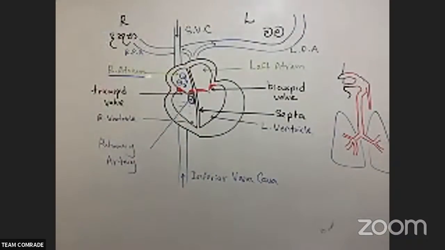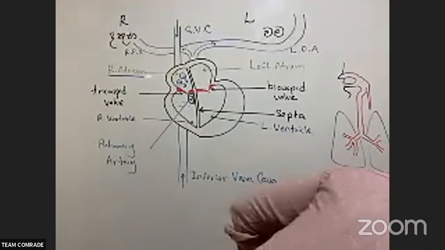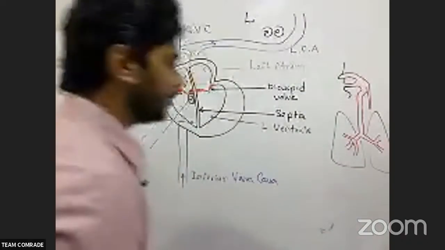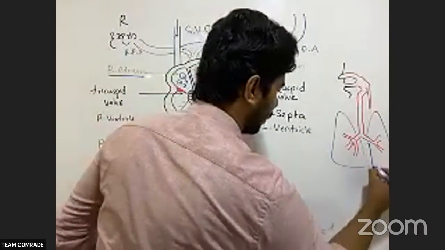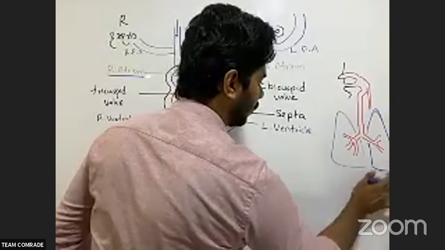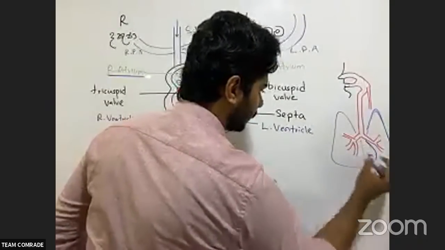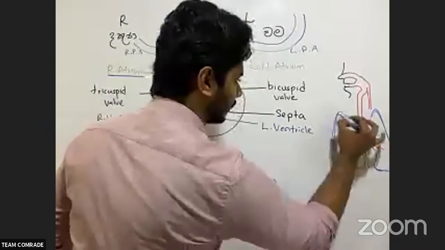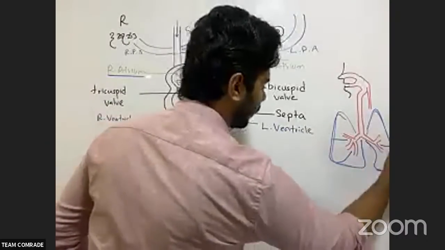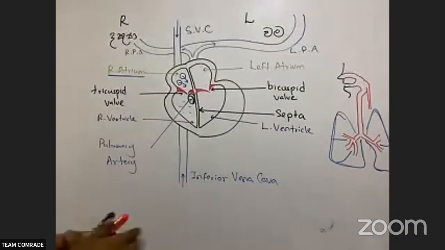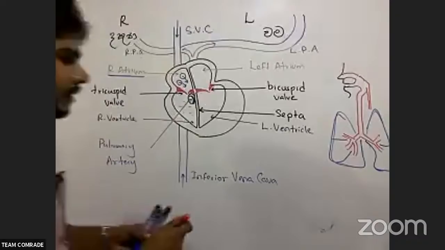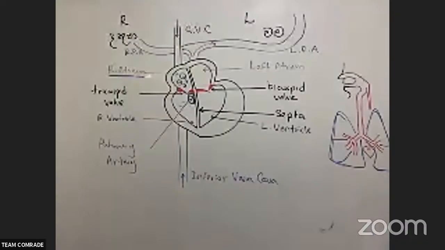Right, these are the lungs. That is the lung I have, and you see here, the left lung is a little bit smaller, like this, and the right lung is like this. The right has three lobes and here there are two. Why is that? Because the heart is here.